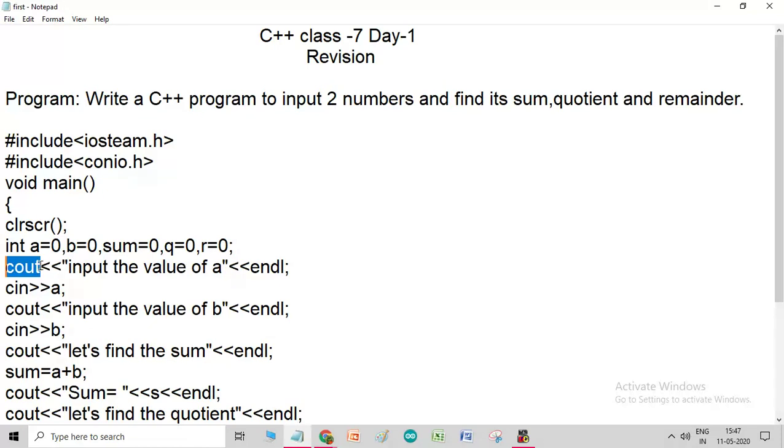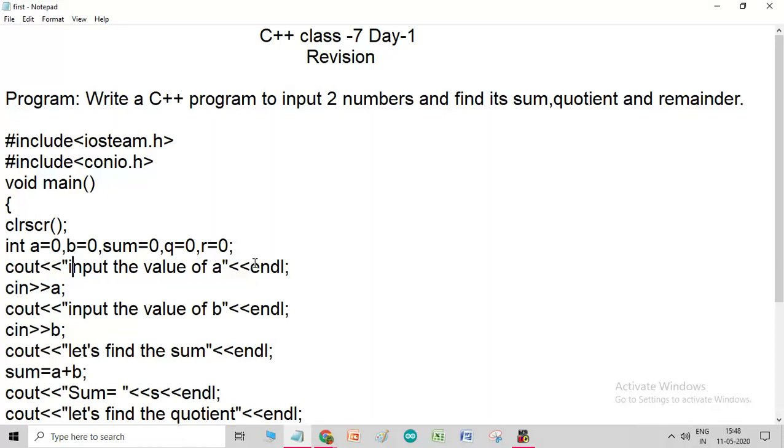With cout we use insertion operators, also called opening cascading brackets, and then we give the message here: "Input the value of A" with the double quotes closed.